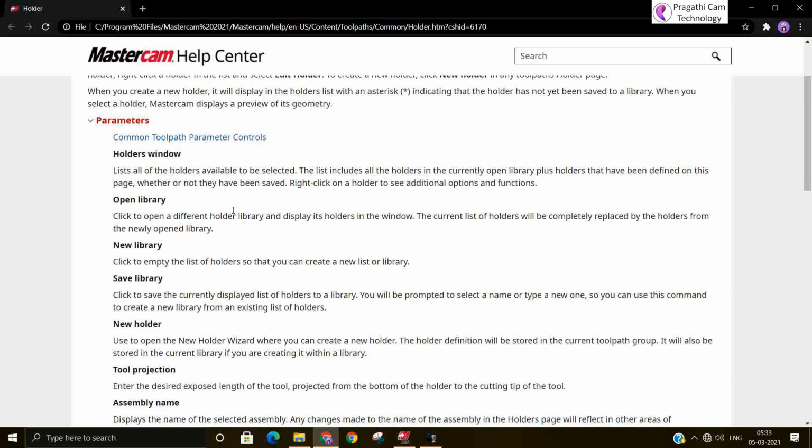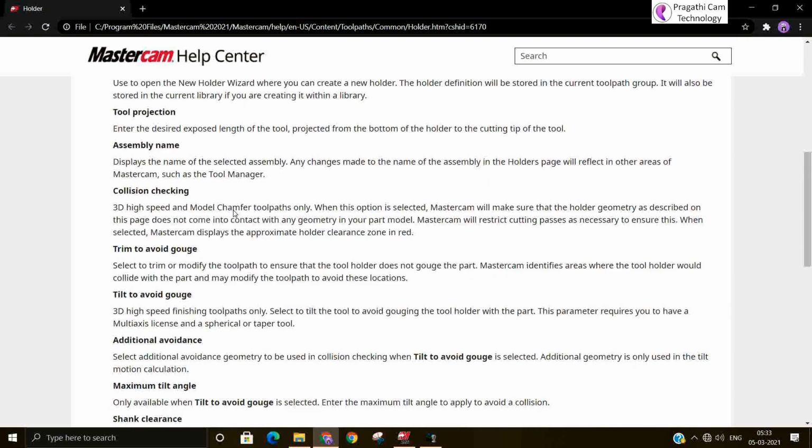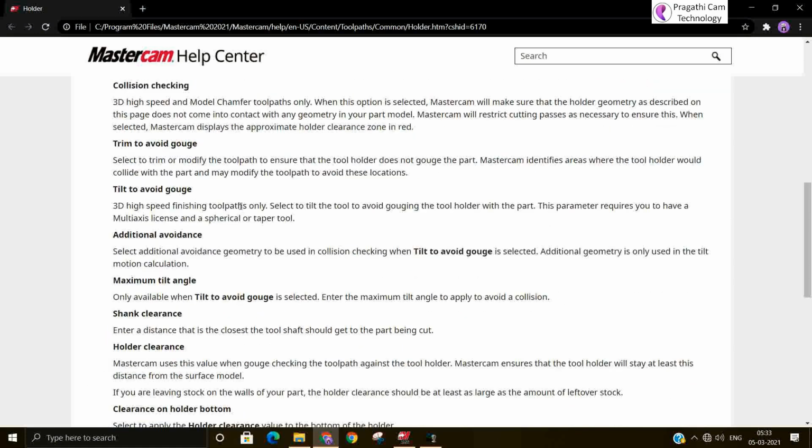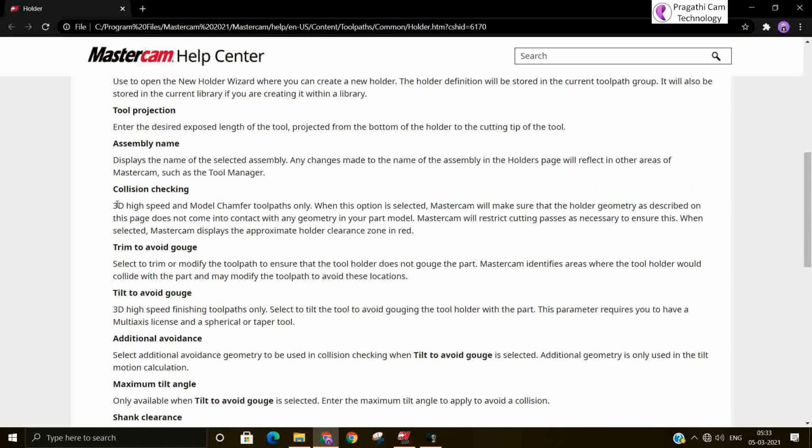3D collision checking: 3D high speed model chamfer toolpaths only. 3D collision checking is only for the 3D chamfer toolpath, so that the part model should not touch the holder.